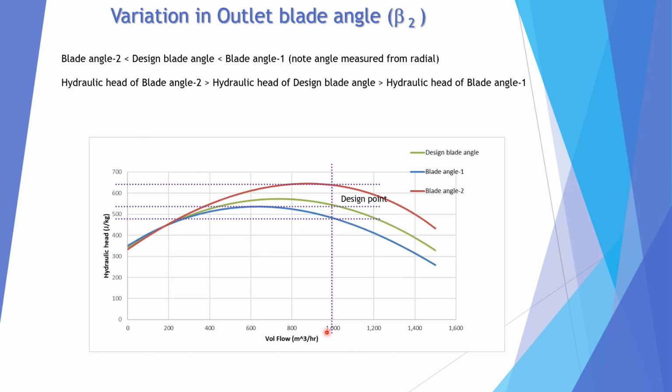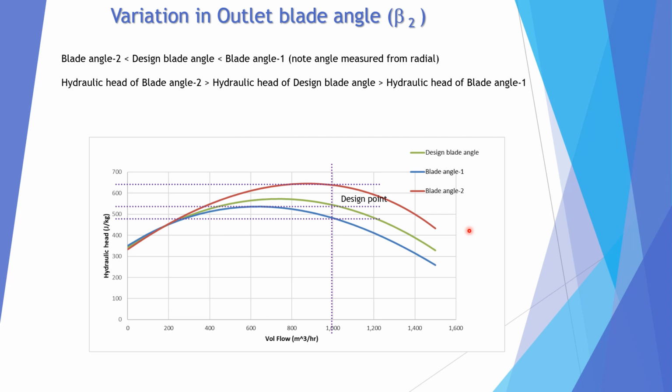See, this is again hydraulic head. The x-axis is the flow in meter cube per hour, and the y-axis is hydraulic head in joule per kg. So again, if you look at a particular flow,